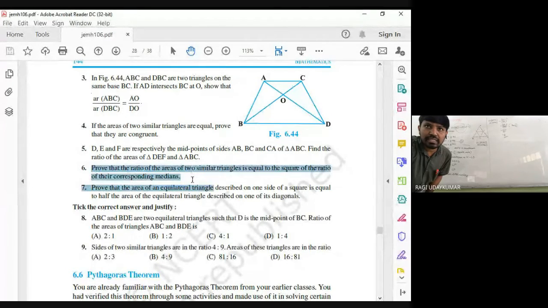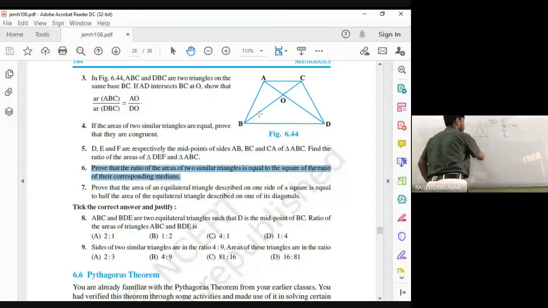6th one. Prove that the ratio of the areas of two similar triangles is equal to the square of the ratio of their corresponding medians. Medians को equal करके prove करना. It is equals to the sides actually we know, but median को भी equal करके prove करना. Okay? Question. If you understand the question, then if I give the figures to you, two triangles, names, and you should be ready to say that what to prove. If you are ready to say what to prove,